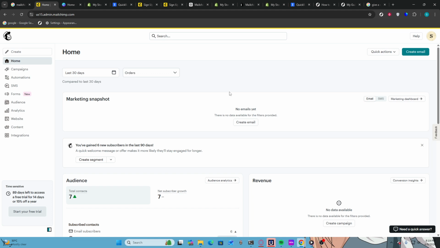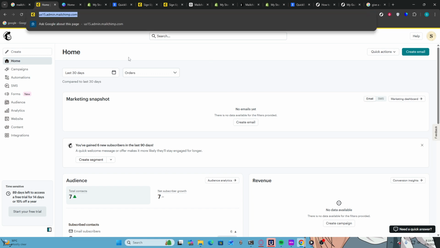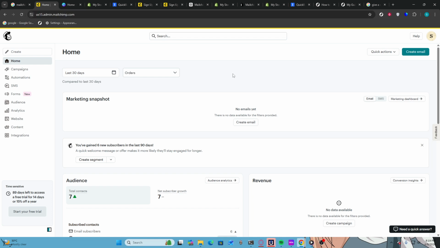Open your preferred web browser and type in the URL for Mailchimp. Once the page loads, you will see the Mailchimp logo along with options to sign in or create an account depending on your current status. Next, if you are not signed in, enter your login credentials in the provided fields. Click the login button. After successfully logging in, you will be directed to your Mailchimp dashboard where you can start